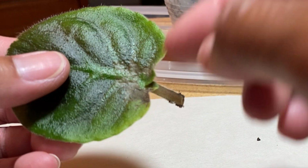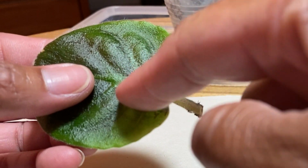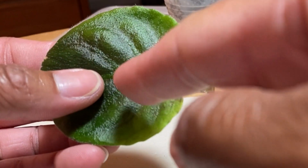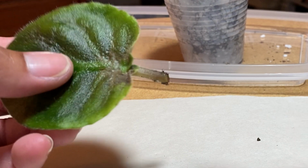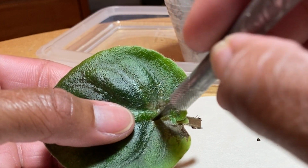So in this case, I'm going to do the exact same thing. I'm going to kind of cut up the main stem here so I can get rid of this rotted part. And it's really quite amazing